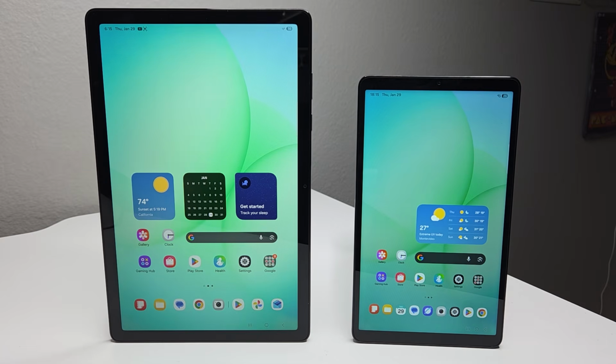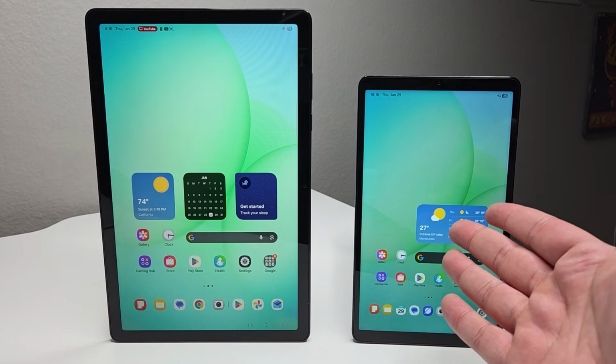Going to the operating system, the Galaxy Tab A11 Plus is going to have Android 16 out of the box with 7 major operating system updates and One UI 8.0. On the right side, the Galaxy Tab A11 will have Android 15, and that is actually upgradable to Android 16, One UI 8.0, up to 7 major Android updates as well. As far as the processor goes, the Galaxy Tab A11 Plus, of course, is going to have the better MediaTek Dimensity 7300 processor. That's going to be a 4nm chipset compared to the regular Galaxy Tab A11's Helio G99 from MediaTek. That's a 6nm chip, so of course a slower CPU experience